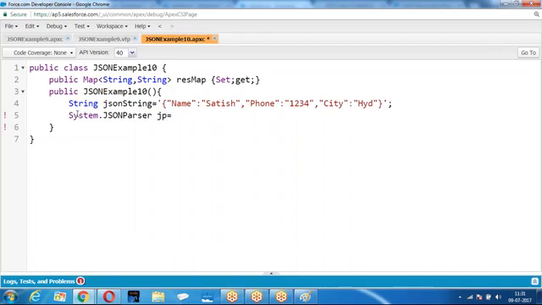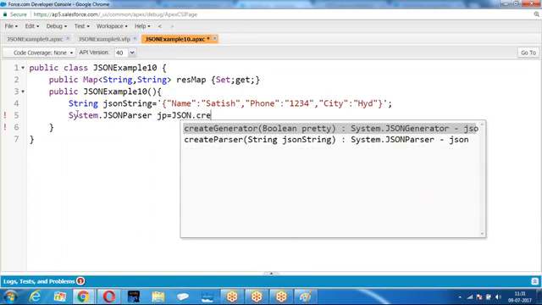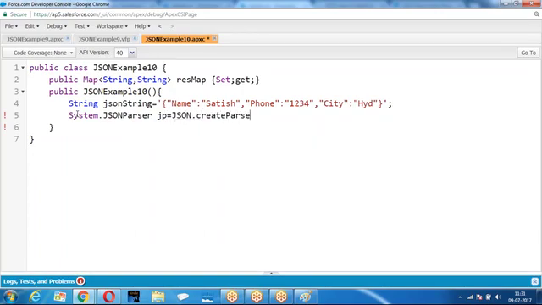JP equal to JSON.createParser. Which string do you want to parse? The JSON string. JSON.createParser will create an object for the JSON parser.